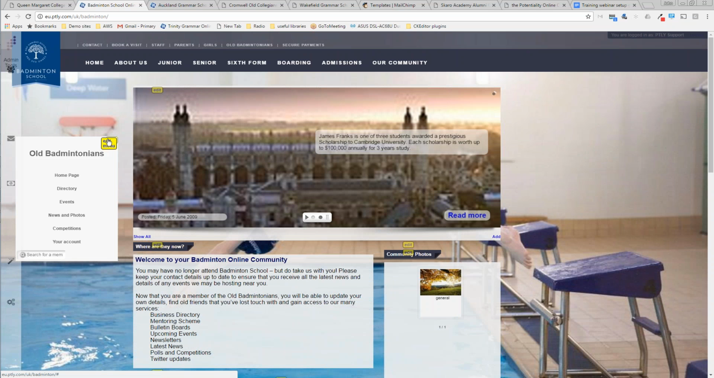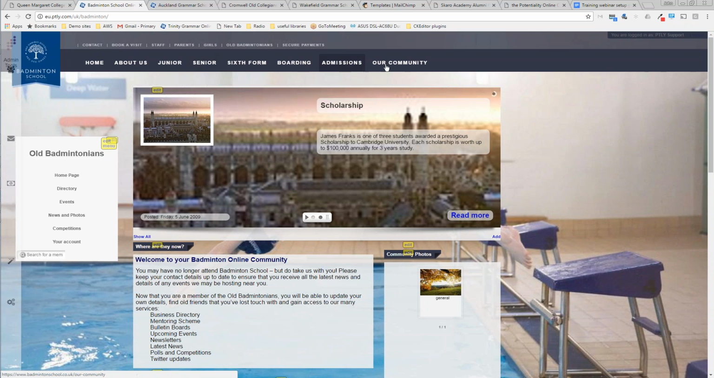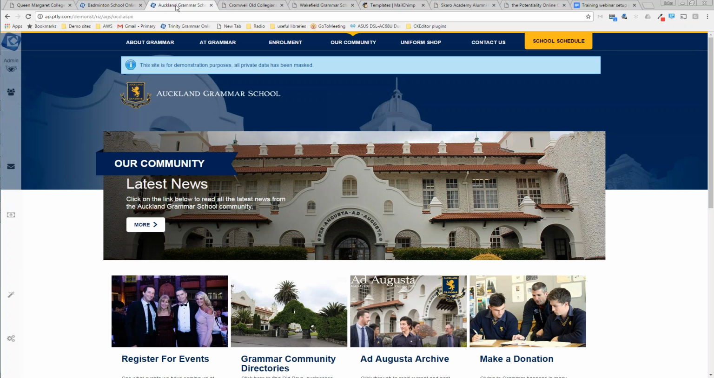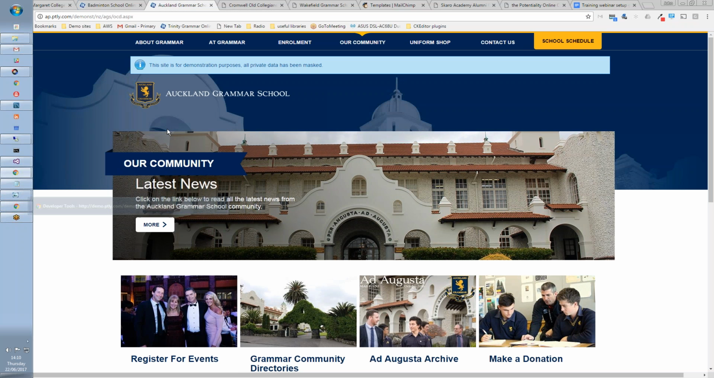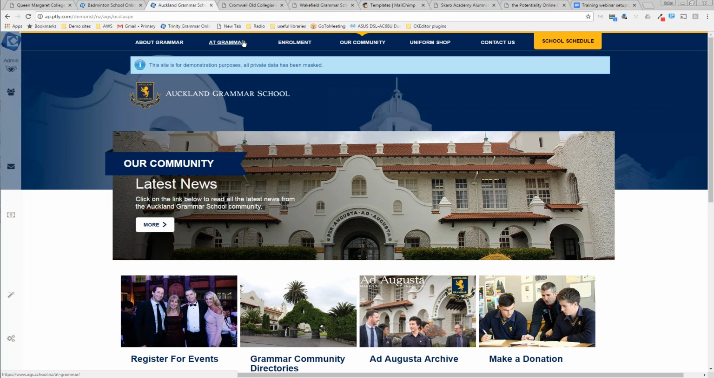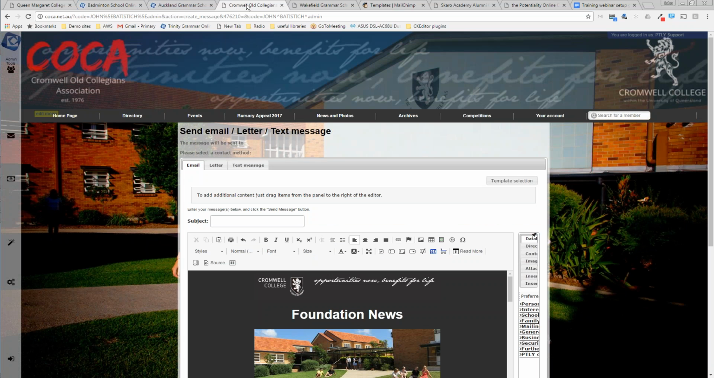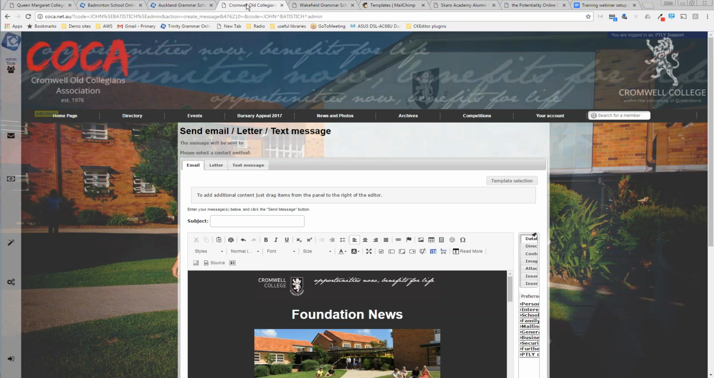This is another example. This is Badminton School in the UK, and you can see they've got their school menu system running across the top, but this is actually their Potentiality site. Same goes with Auckland Grammar. They've got their school menu system running across the top and their Potentiality functionality running down the bottom. So you can actually have separate skins, and that's different versions of the Potentiality system. So you can still have a version that runs the alumni and has a separate,